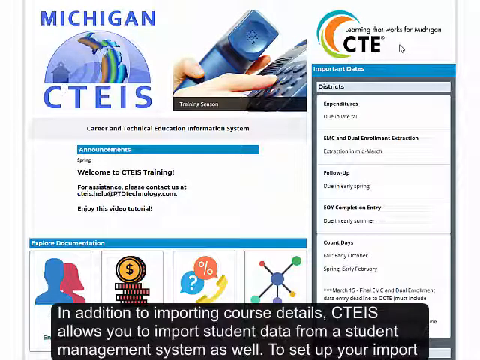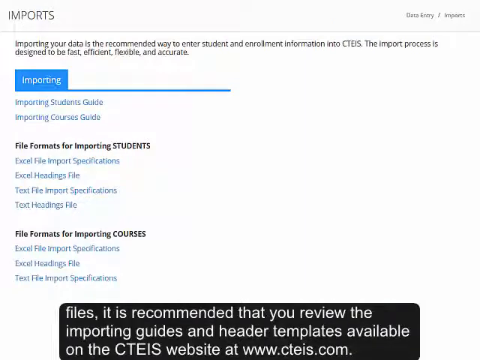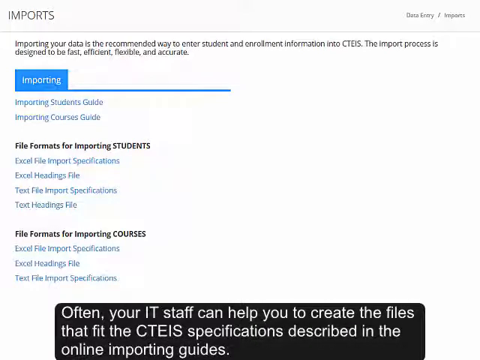In addition to importing course details, CTEIS allows you to import student data from a student management system as well. To set up your import files, it is recommended that you review the importing guides and header templates available on the CTEIS website at www.cteis.com. Often, your IT staff can help you to create the files that fit the CTEIS specifications described in the